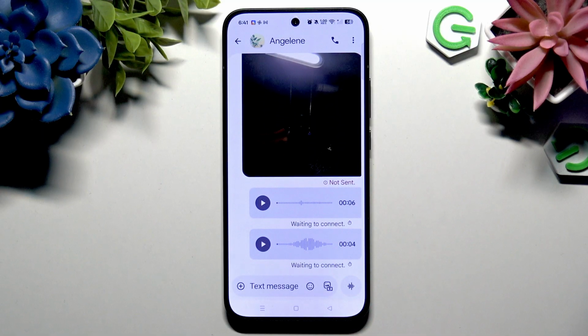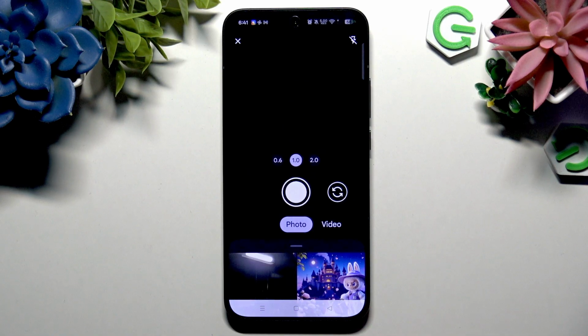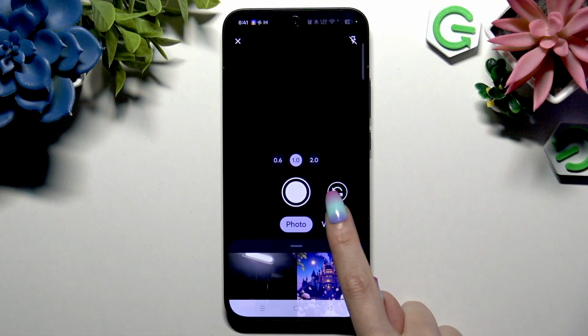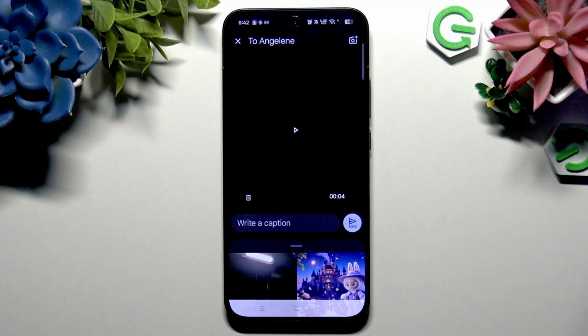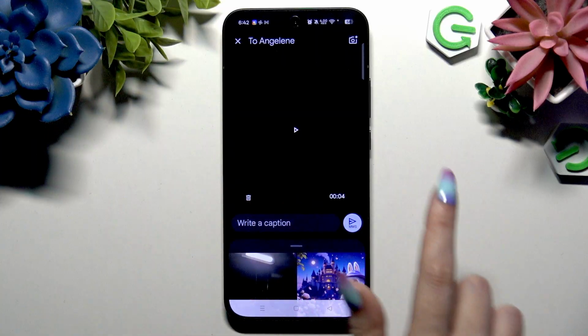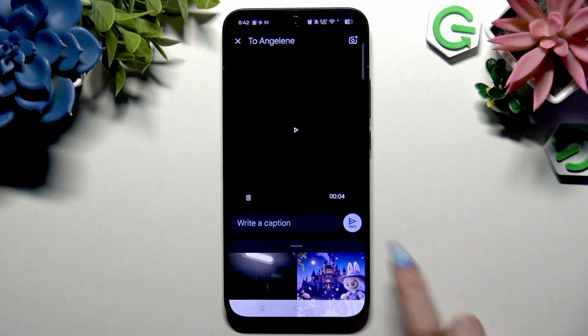If you want to add a video one, you can click on this icon of a camera and the photo at the bottom right corner. Now switch to video. Adjust all of those camera settings and when you're ready, start and finish your recording. After you will finish, it will be automatically added to your message, so all you need to do is send